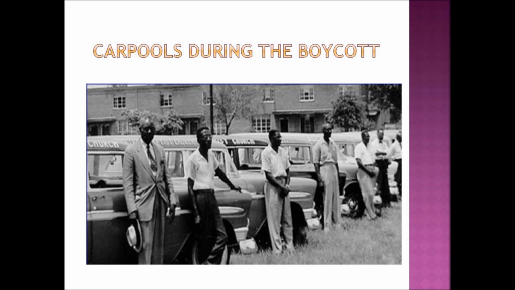The final picture I wanted to show you is of African Americans preparing for carpools during the boycott. They still needed to get from point A to point B, and since they were not using the buses, they had to band together and use what resources they had to get people to jobs, to doctor's offices, to whatever they needed. This was a way in which the African American community banded together. Those with cars, and churches who had vehicles, all pitched in, and you have 5 African Americans in the car going to work rather than one person.